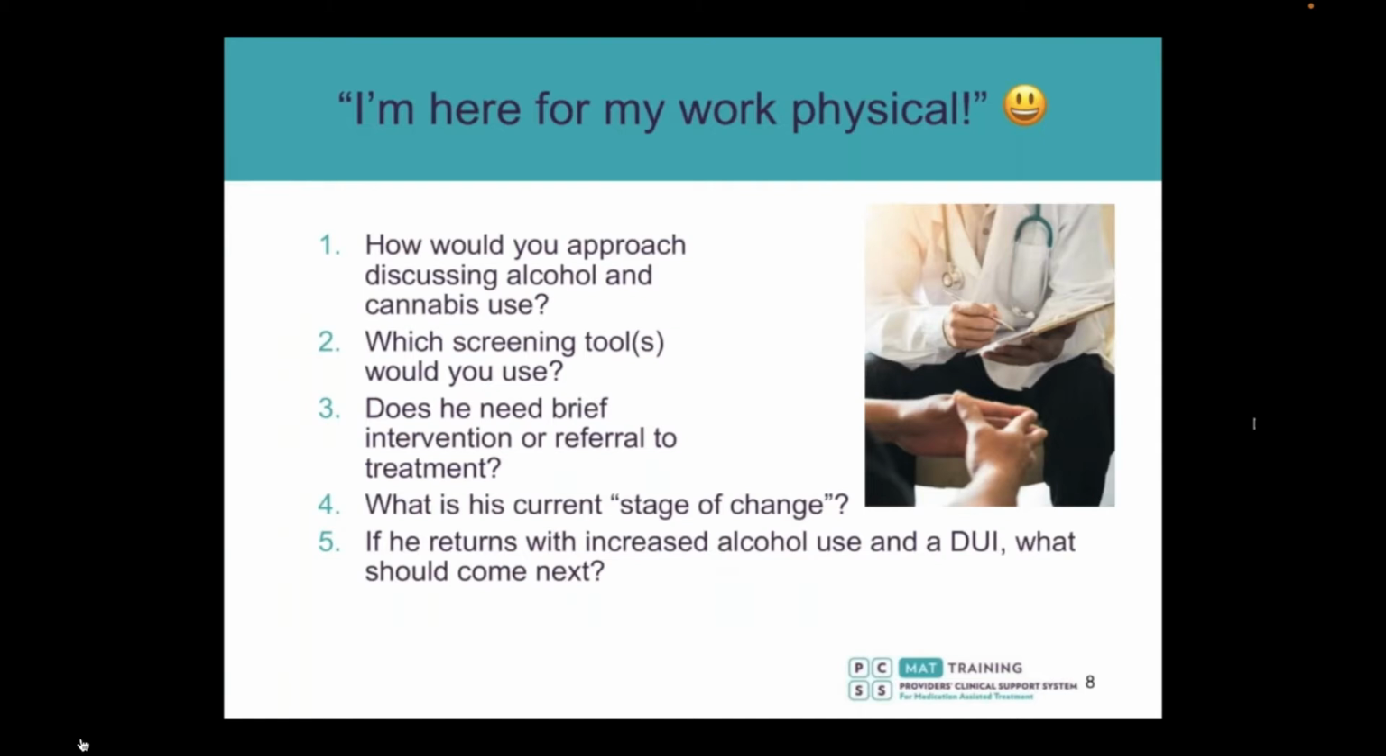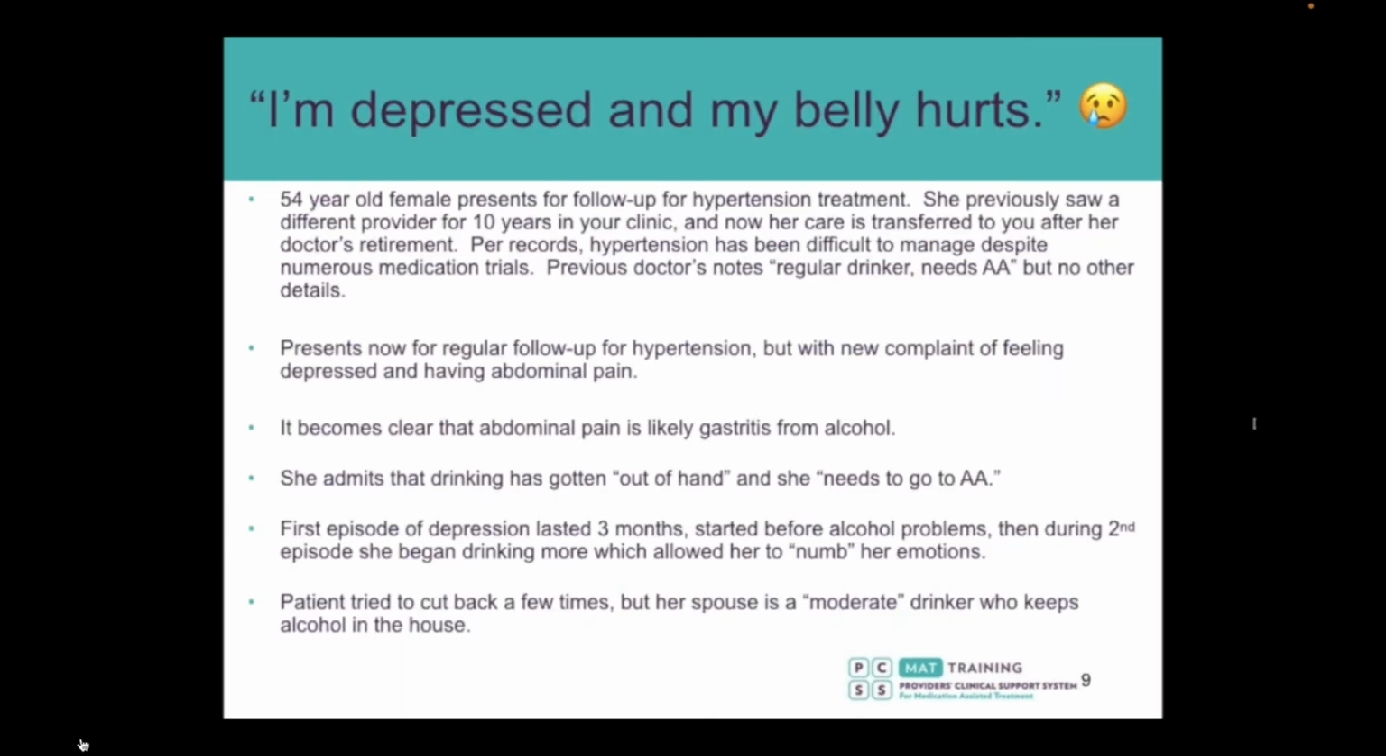So these are some questions I'd like to think about as we go through this presentation, and we can address at the end. How would you approach discussing alcohol and cannabis use with this patient? Which screening tool or tools would you use? Does he need a brief intervention or referral to treatment? What is his current stage of change? And if he returns with increased alcohol use and a DUI, what should come next? And the second patient